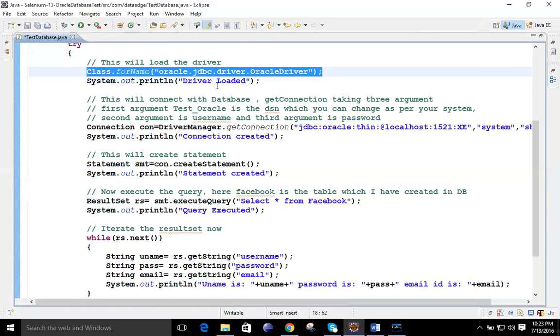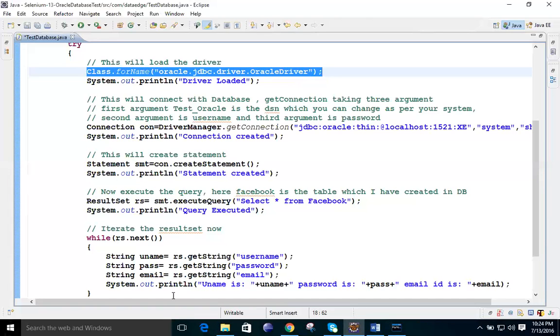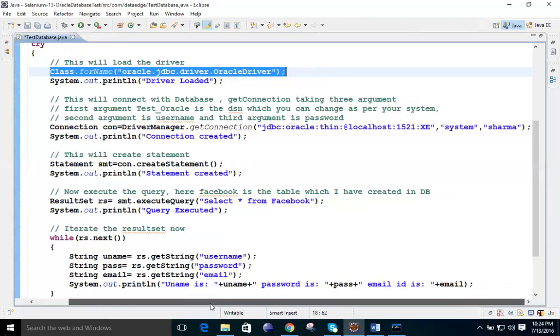Now, if the driver is with you, what is the next step? The driver is provided by you. It simply means that you have successfully registered yourself. Now, what you have to do? You have to log in. Okay. Just now we have discussed that once you register, the next step is that you need to log in. So how can you log in? For the purpose of logging in, you need to provide the username and the password.